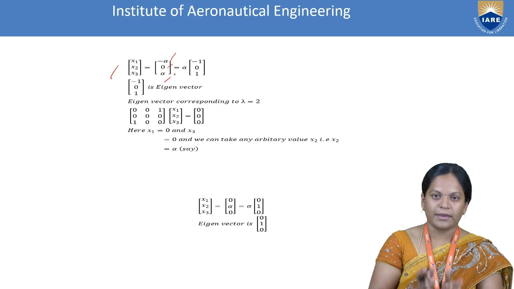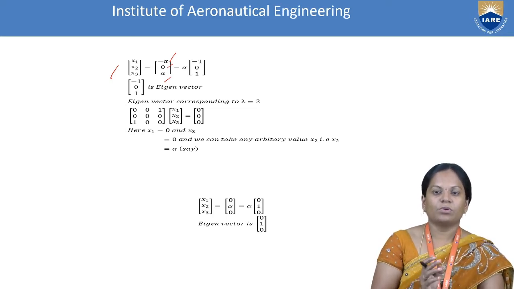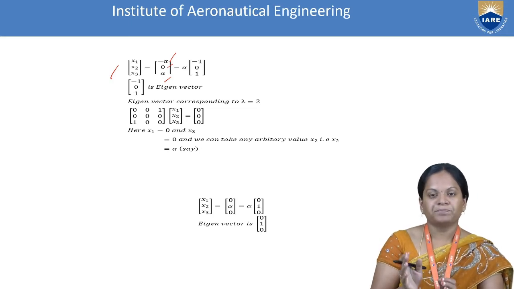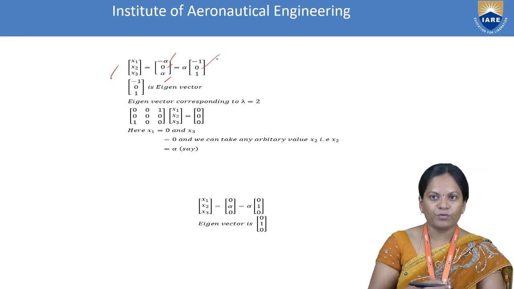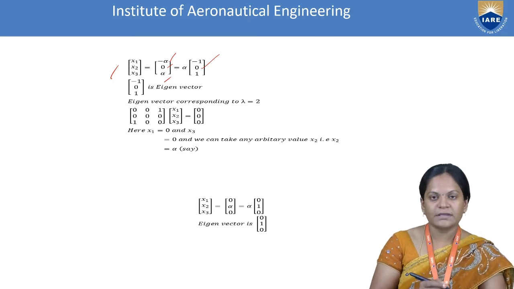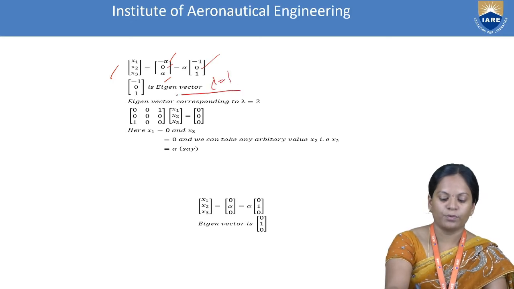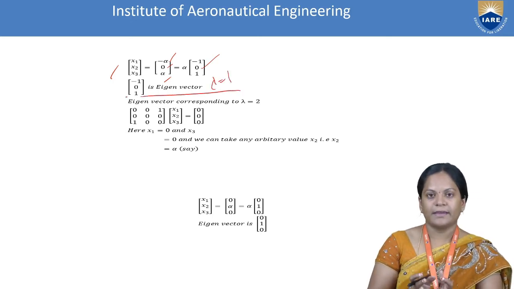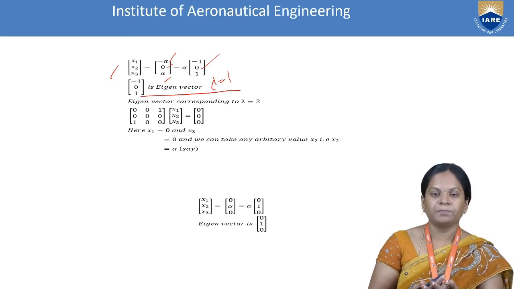I am writing the eigenvector x in a one column matrix. So here alpha is common, that is an arbitrary constant. I am taking it outside. So if we take alpha outside, we get minus 1, 0, 1. So minus 1, 0, 1 is nothing but the eigenvector corresponding to the eigenvalue lambda equal to 1. So we found only the eigenvector corresponding to lambda equal to 1. Similarly, we will find eigenvectors corresponding to the eigenvalues lambda equal to 2 and lambda equal to 3.